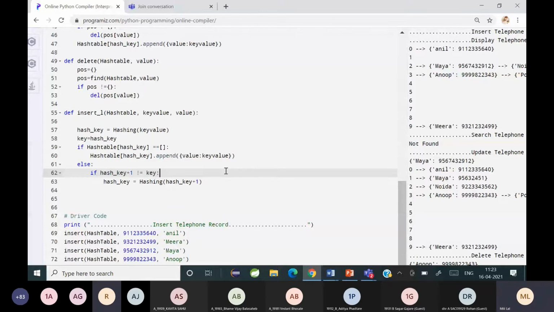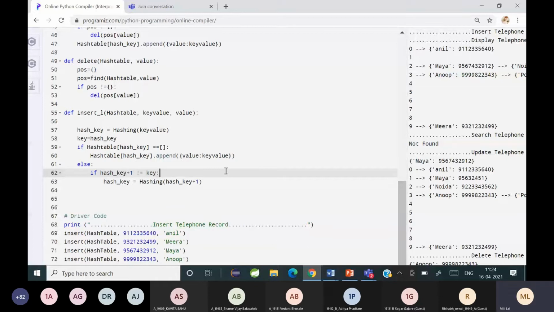Just tell me. If the key value is empty, then it shows the value directly. And if the key value is not empty, it will move to the next index. Yeah, so I have to move to the next index. So hash key plus 1 not equal to key: I checked to see that I have not reached the previous position. And then I'm writing hash key equal to hashing. That means I'm finding the new key value. Then what next?